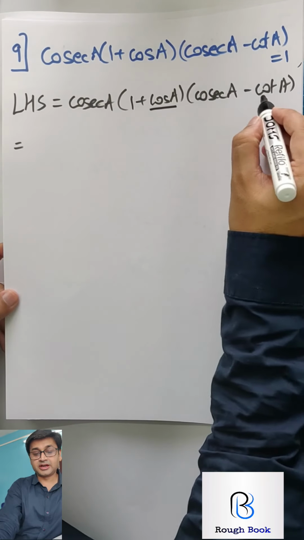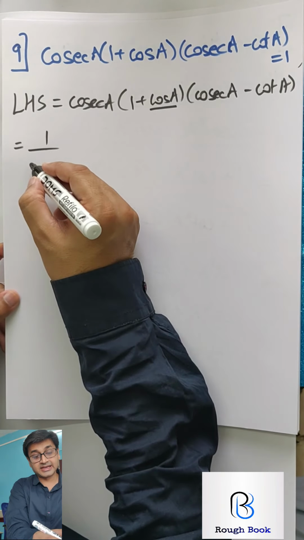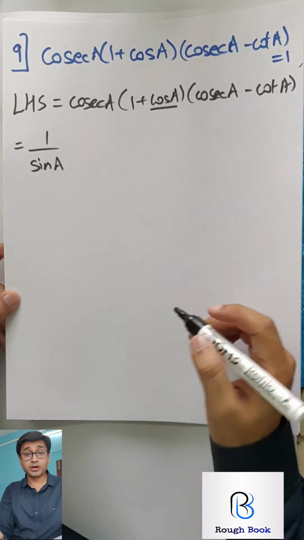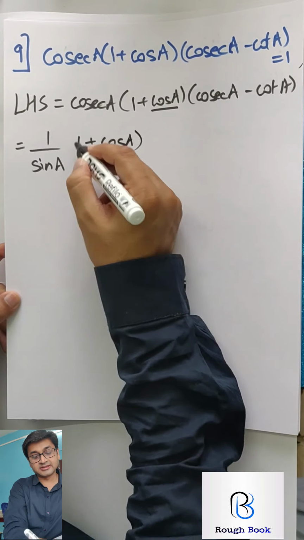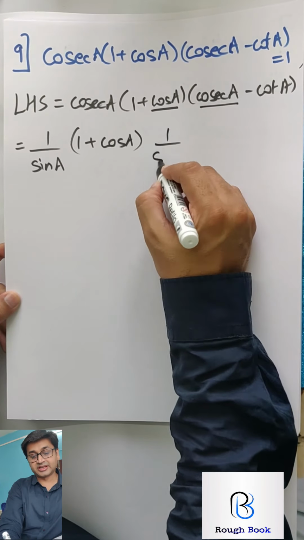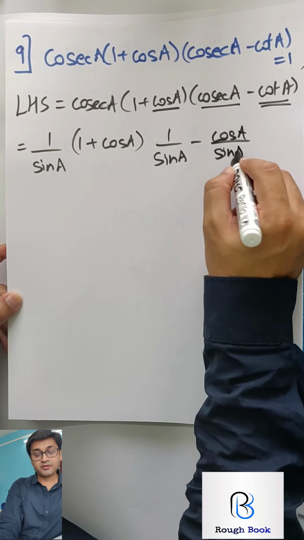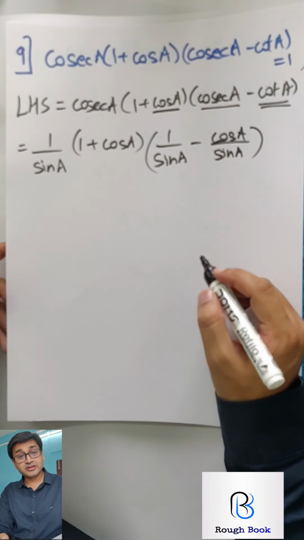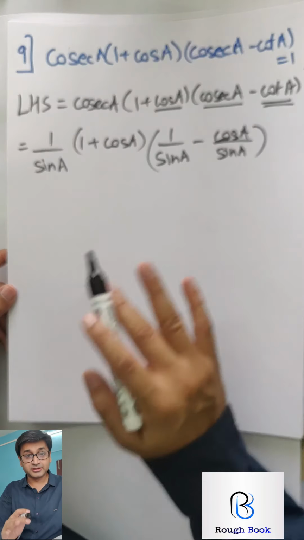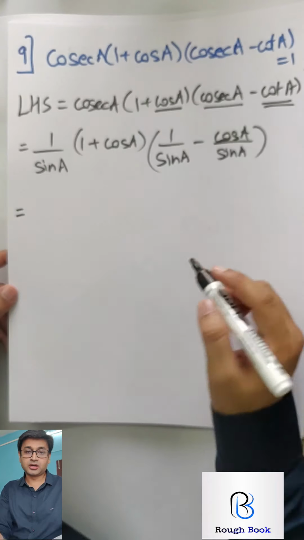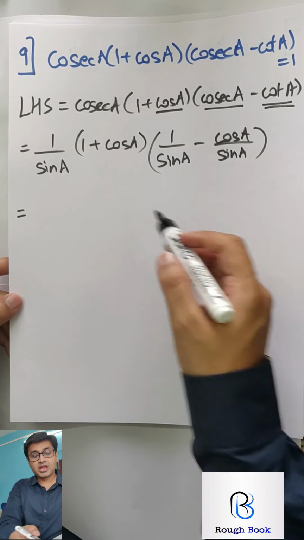So this is already cos, I don't need to convert, but I can convert these things. So cosec is 1 upon sine, correct? Cosec is 1 upon sine. First and last, you remember? Plus cos stays as it is in bracket. Again cosec is 1 upon sine minus cot. Cot is cos upon sine. Do you remember this? If you got this already, your life has become much easier. By now you have got 50% of trigonometry if you know these ratios, reciprocal ratios at least. If you are still not clear, I would recommend pause the video, write those ratios 2 or 3 times and then come back.